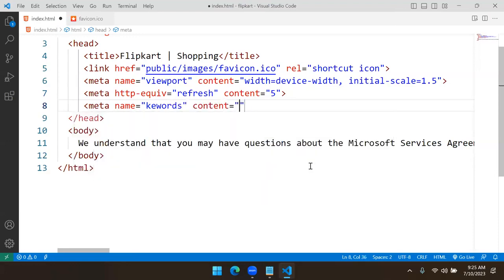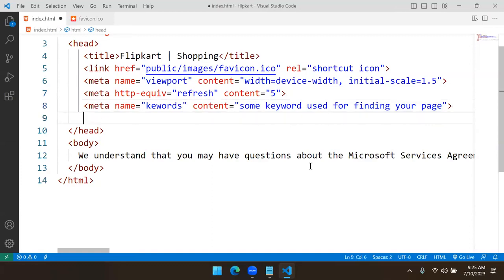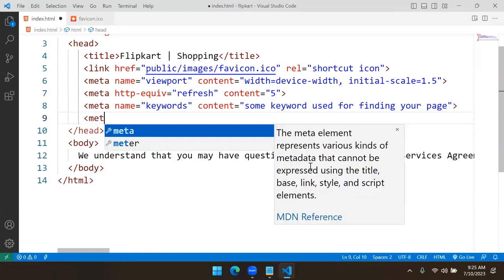Content is equal to some keywords used for searching, finding your page. What are the keywords used for finding the page? Those keywords you have to write. These are keywords. And another option is meta have